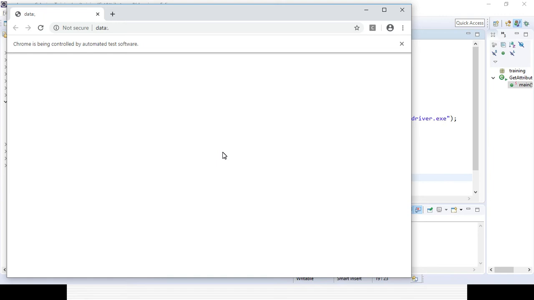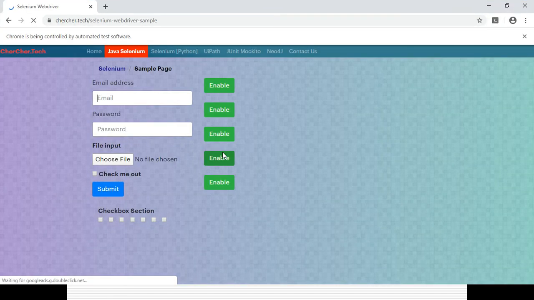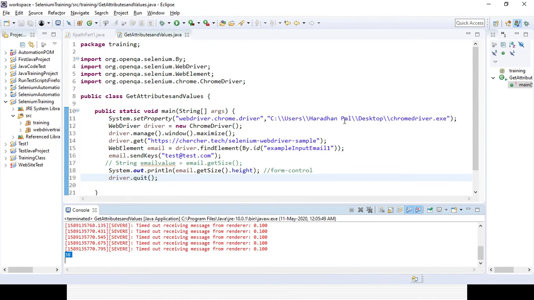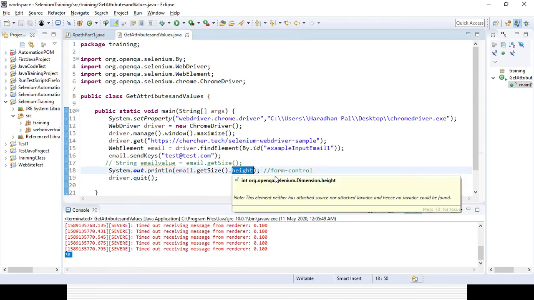The first one is width and the second one is height. So with the getSize method you can get the width and height, or both, for a particular web element, which can sometimes be very useful for validation purposes.